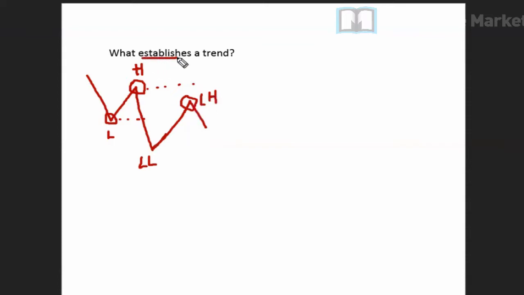And what establishes this downtrend now? Which direction does the price action need to move to establish this downtrend? It would need to take out this lower low to form a bottom that is below that level, and this downtrend has now been established. It seems very simple,